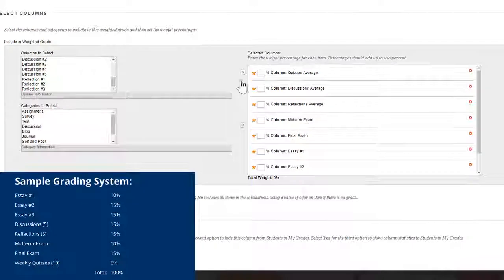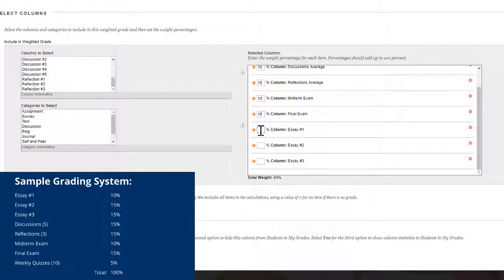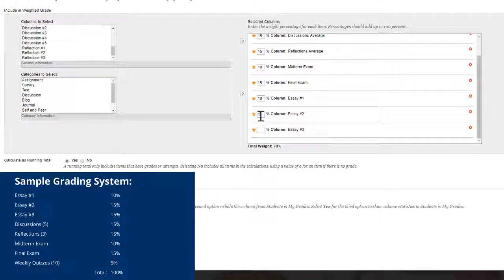I want to make sure that I look at my grading system that's on the syllabus and accurately put the percentage that's equivalent to that grading system. So my quizzes should be 5%, my discussions should be 15%, my reflections are 15%, my midterm exam is 10%, my final exam is 15%, Essay 1 is 10, Essay 2 is 15, and Essay 3 is 15.